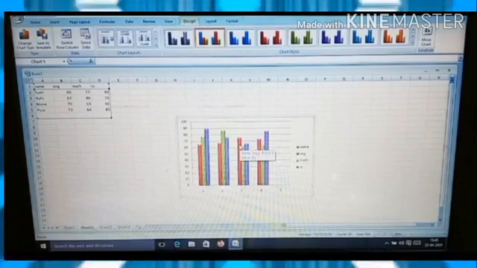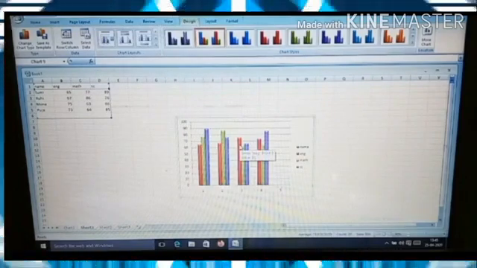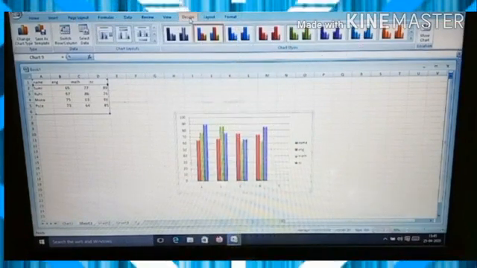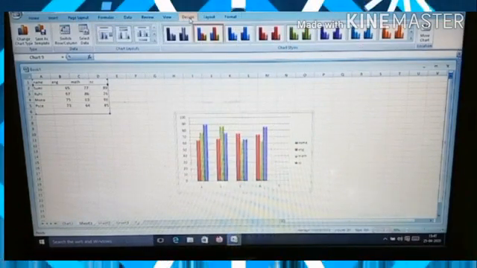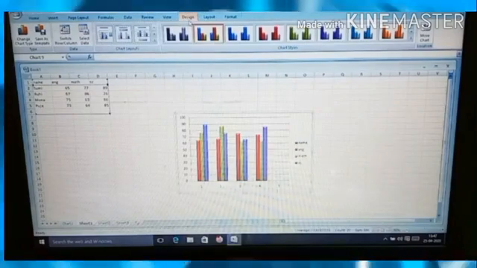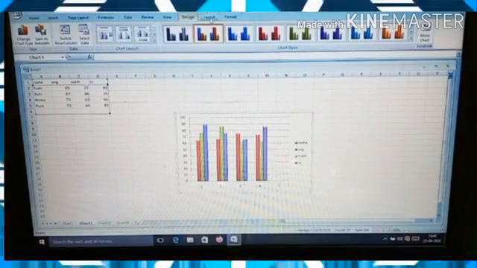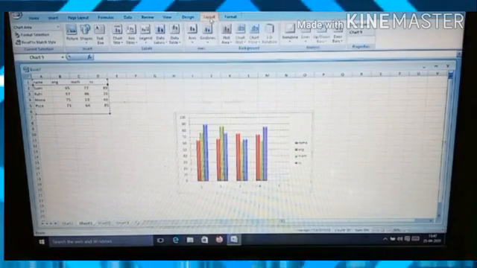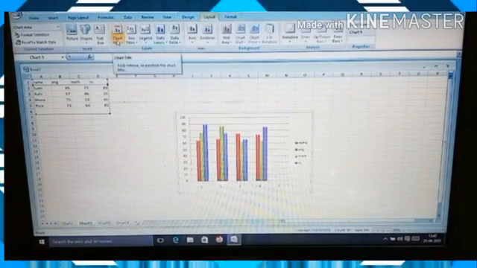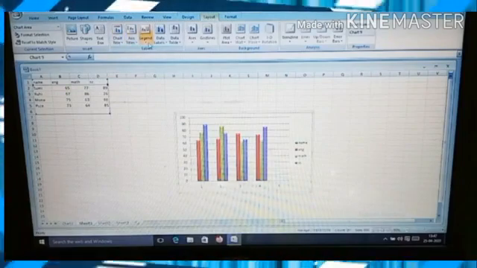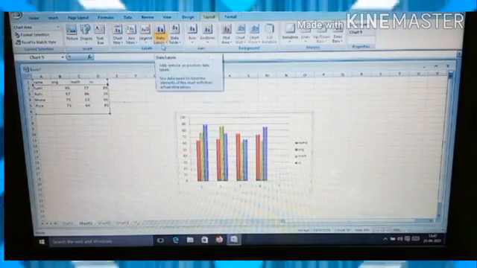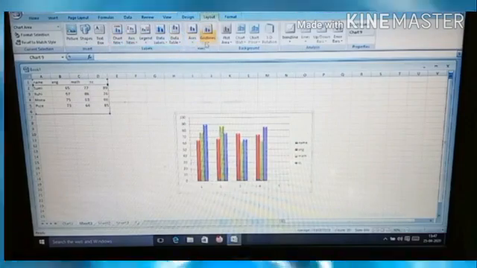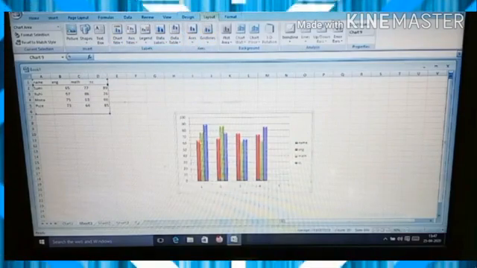Click on the Layout from the chart group and it displays various options like chart title, axis, legend, data series and grid lines. See, there are many options to change the chart layout, right?